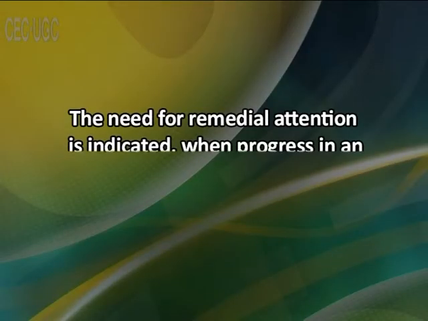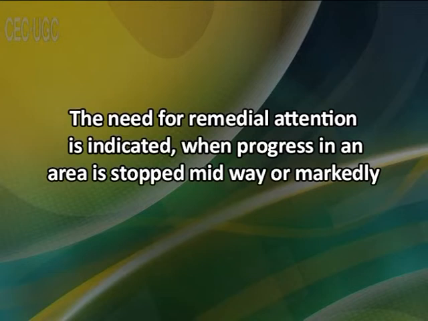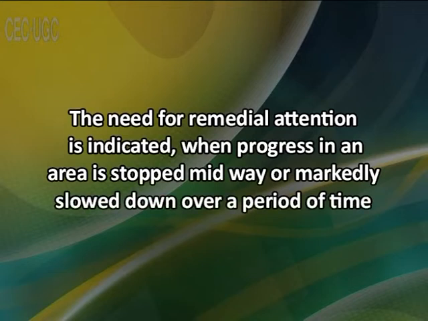The need for remedial attention is indicated when progress in an area is stopped midway or markedly slowed down over a period of time. The determination of pupil status in a given area of achievement and the adjustment of the